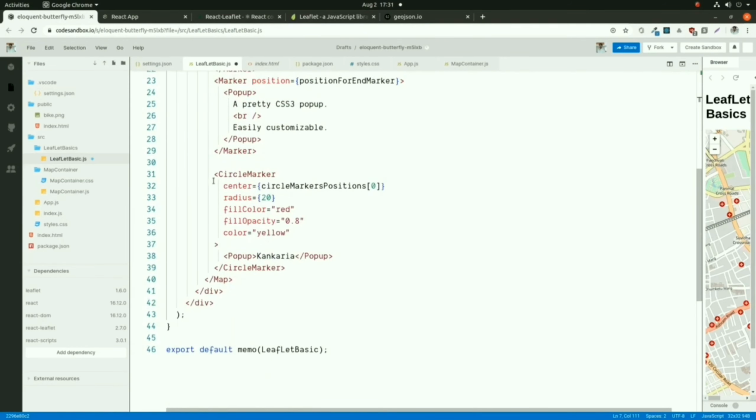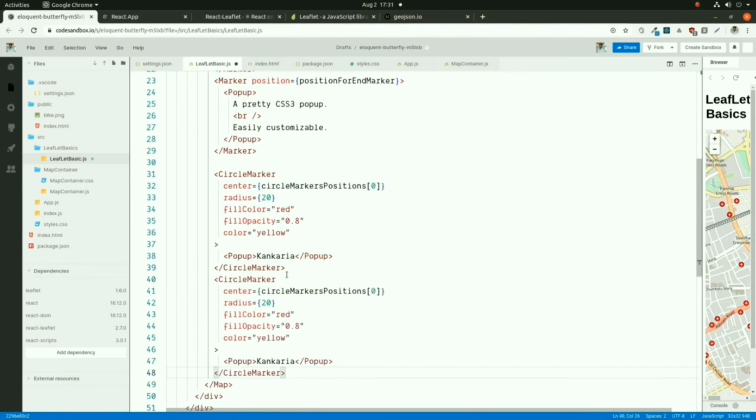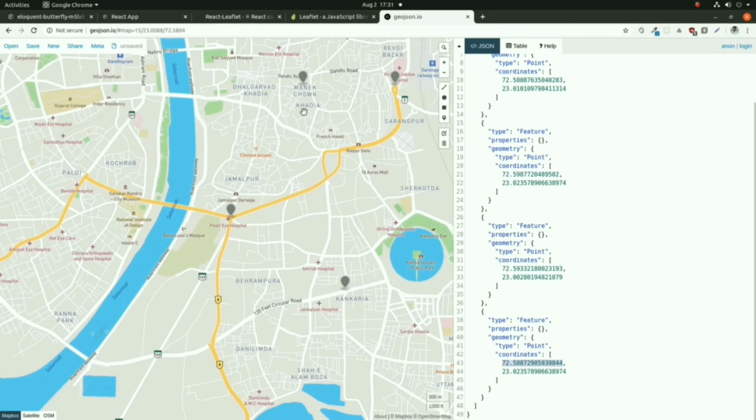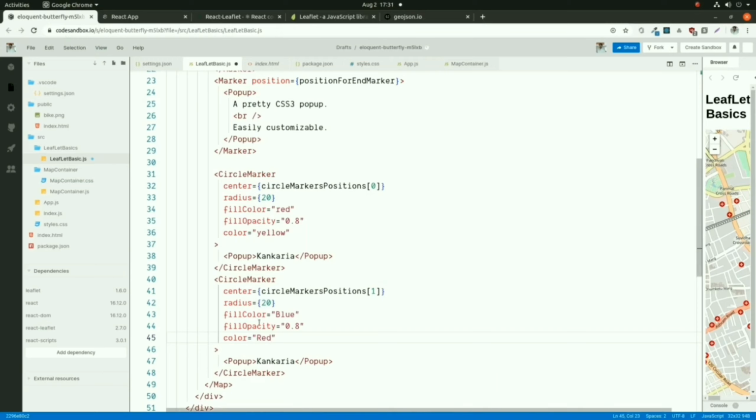Now I will just copy paste the circle marker. I want to take the second circle inside my map and I will put the circle marker position to 1. I will use the fill color as blue and border color as red. Now save the page and now change the pop-up value to Manikchowk.